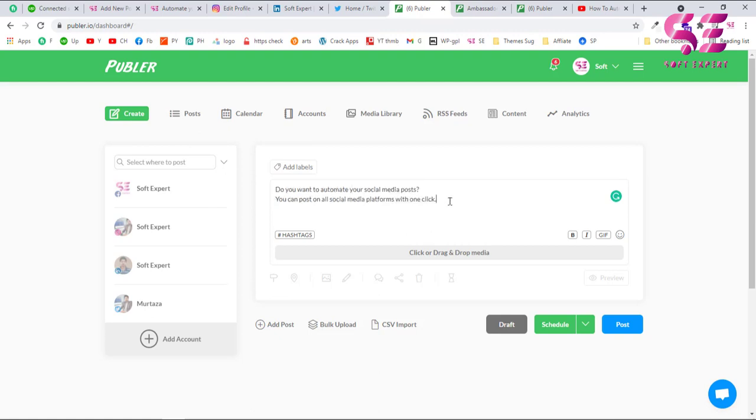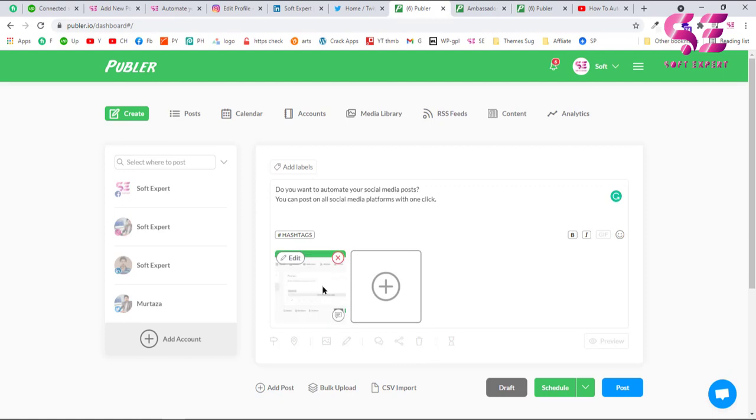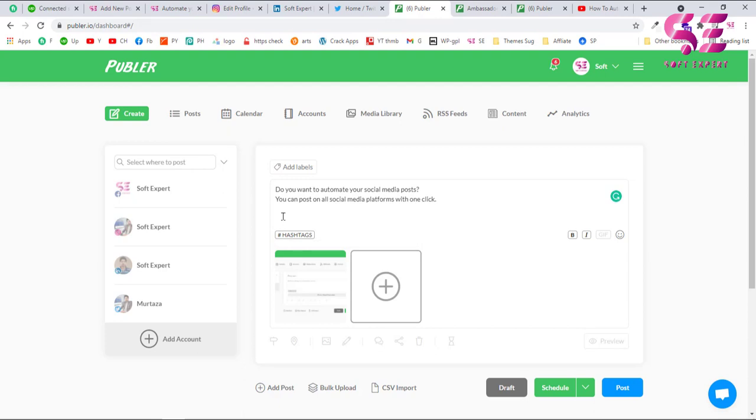And along with post we can also put an image. So as you can see, drag and drop an image here, so I'll just click this. So you can import images from your Drive, your Dropbox, Unsplash, library and so on. You can also design it with Canva and so on. And if you want to upload an image, just click on this. So for example, I want to use this image, and that's it. This will also give you some hashtag suggestions that you can use in your post. For example, let us showing these. Now I'll write my own. For example,